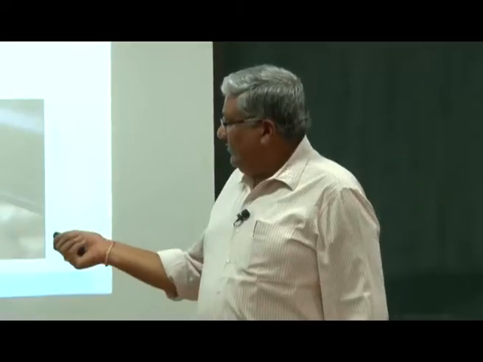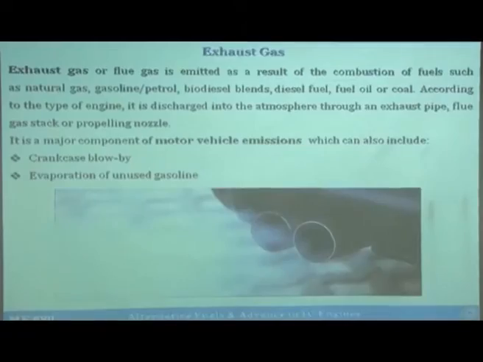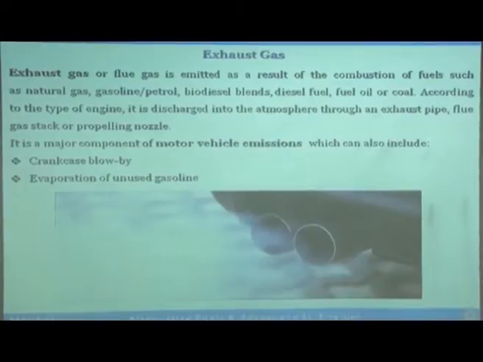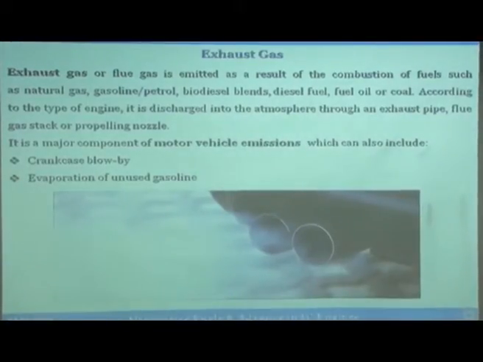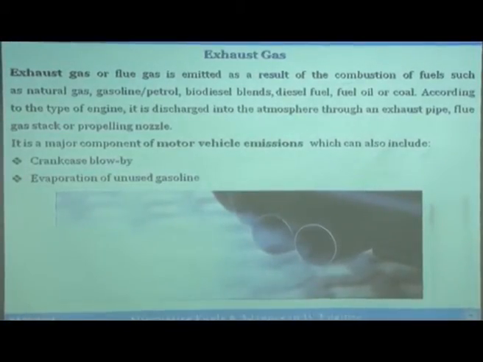Now, when you are doing measurements, mostly people think that the tailpipe is the only place where the emissions are coming out, but that is not true. A lot of emissions come out from blow by. Now, the question is, how do you measure crankcase blow by? It is extremely difficult, because there is no one spot from where they are coming. So their measurement is a very specialized thing.